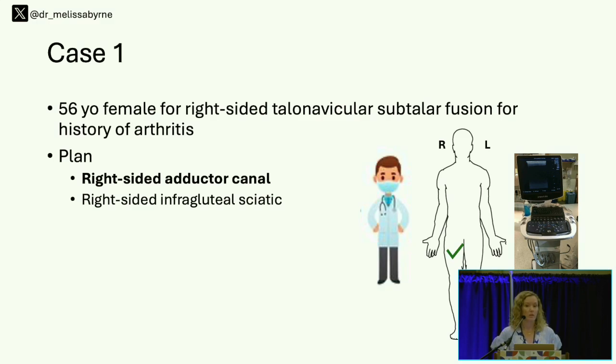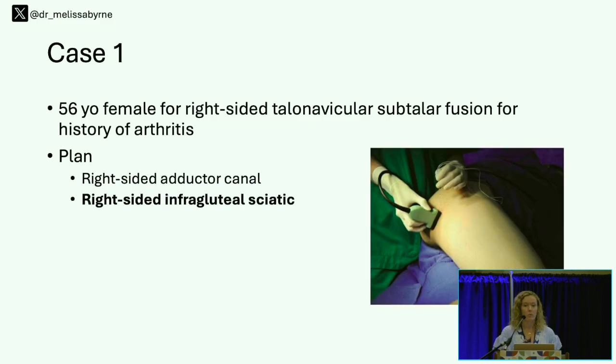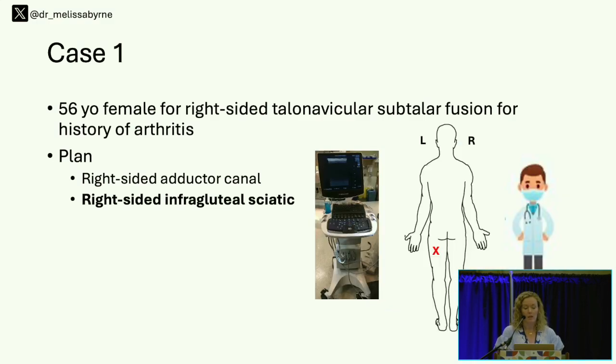So the patient undergoes an AC block, supine, goes well. At this point, though, they reposition the patient into the prone position for an infragluteal sciatic block. But what had happened is the ultrasound remained on the patient's left side and the provider on the patient's right side. There were two providers in the room, and they both agreed to scan what they thought was the surgical limb. They were having some trouble identifying the sciatic nerve, so they decided to scan more distally,